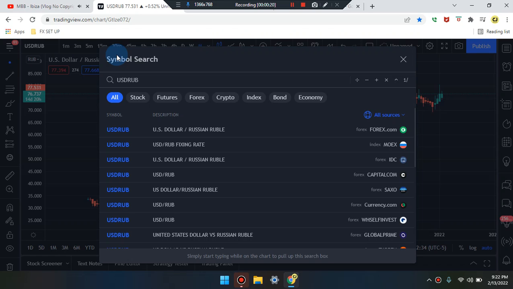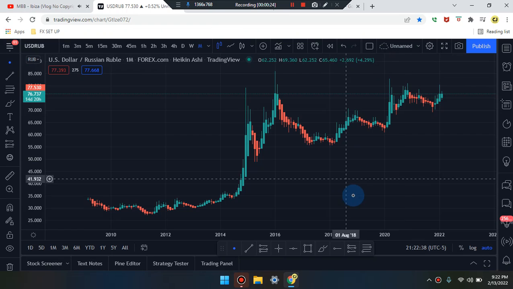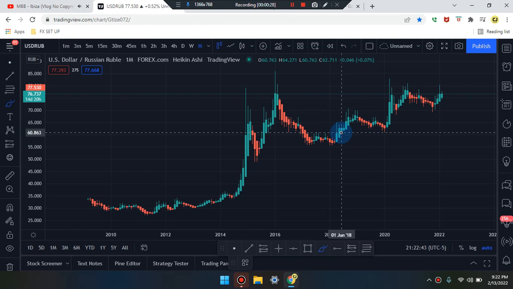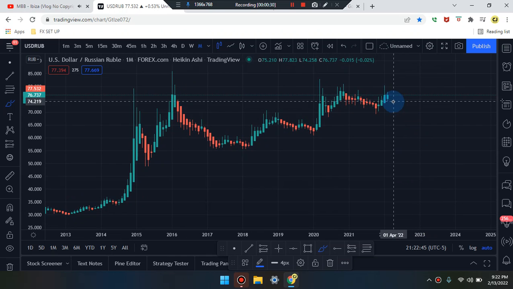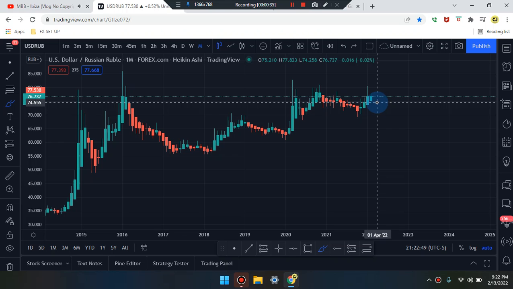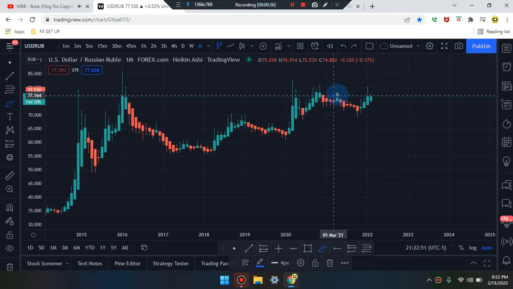We are marking up USD/RUB. Look at what's going on in the market. So we are on the monthly time frame, looking for price action. The last candle in the market, towards the end, is a doji. So we're looking for engulfment